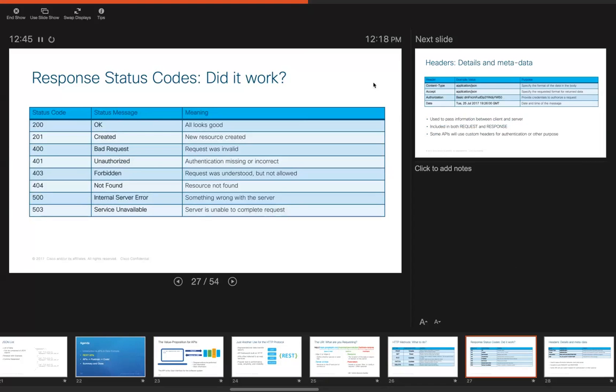Like I said, the 404 not found, or it might be a 401 error that describes maybe we're not authorized or may not have the right authentication to get into that particular data. Or it might be a 403, meaning we do have the authorization, but it's forbidden from the other side to look at that information. The other status codes would be 500, which have to do with server-side errors.